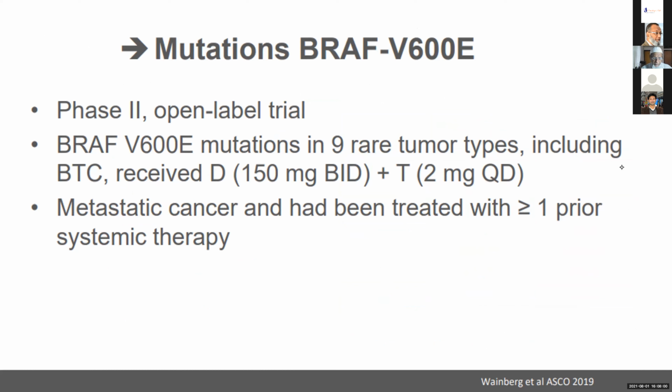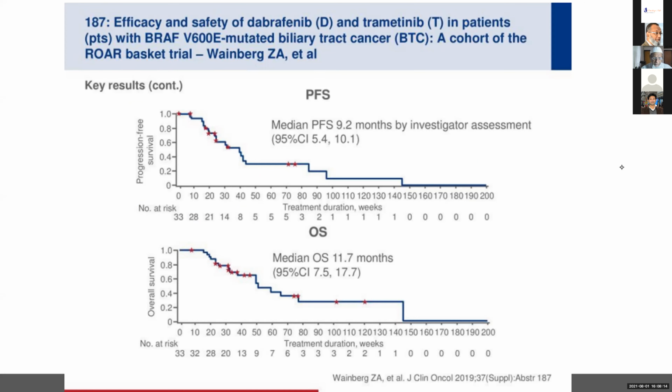So also another target is the BRAF V600E. There is an ongoing phase 2 trial where the V600E mutation was positive. Metastatic cancer had been treated with one prior systemic therapy. And there is a study going on, the ROAR basket trial. We showed the efficacy and safety of dabrafenib along with trametinib in patients with the BRAF V600E mutation, where it shows the